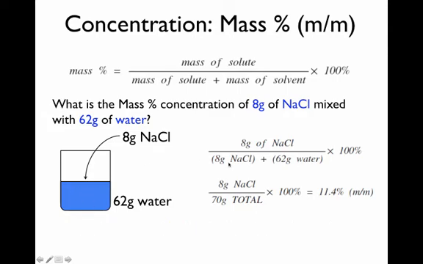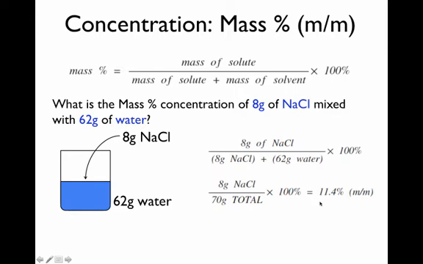So we're talking about the mass of everything in that solution. That includes the table salt that was dissolved in the liquid and the 62 grams of water. Altogether, the whole thing weighs 70 grams. So what you're doing is you're doing 8 divided by 70 times 100%. If you do that out, the number that you get is